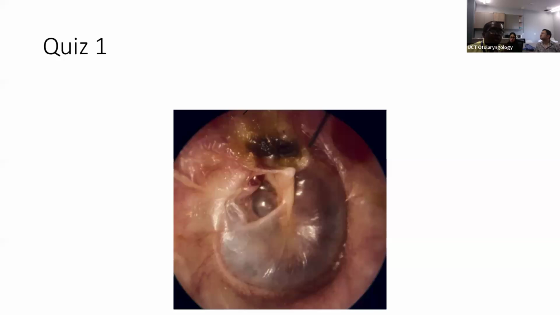I think that first of all, getting a good history will be very important. Whether the patient has hearing loss, whether the patient has been having recurrent otorrhea and what the discharge has been. And then on examination, if I find this retraction pocket which has this kind of scab over it,